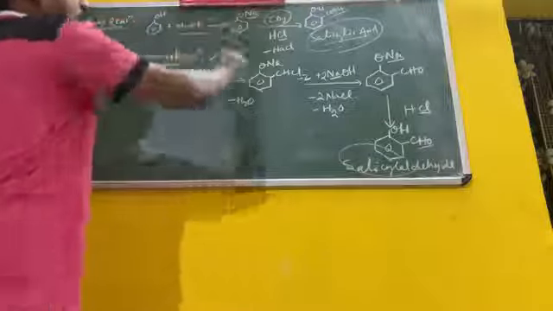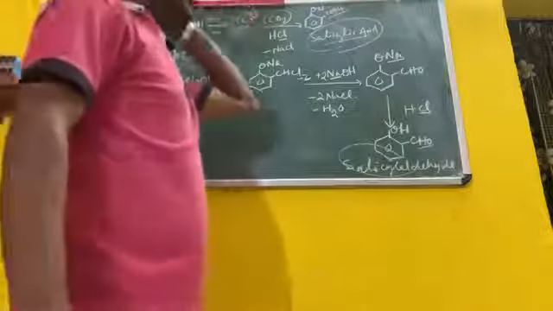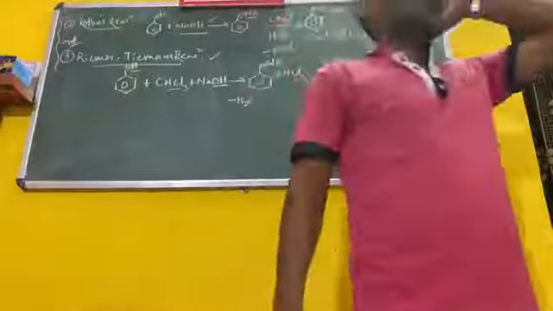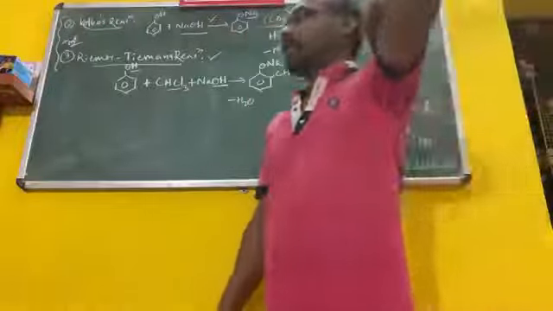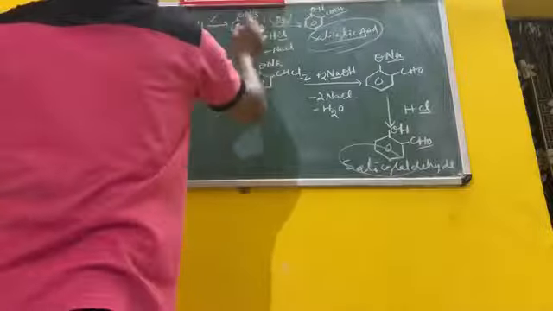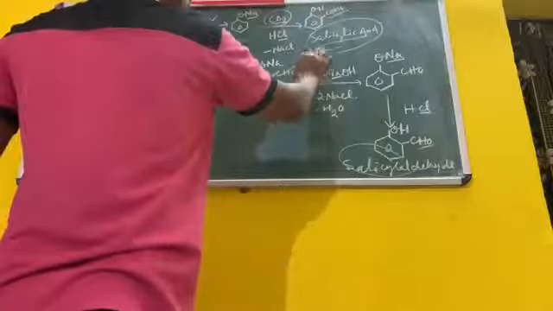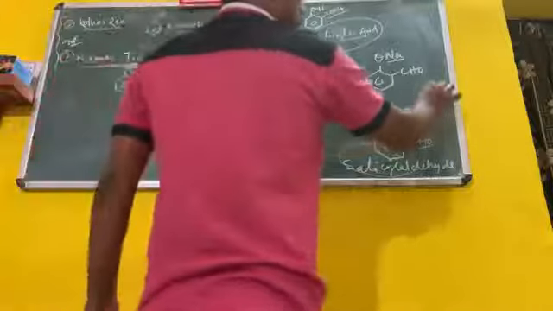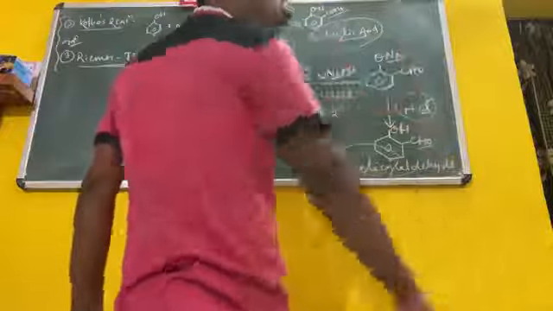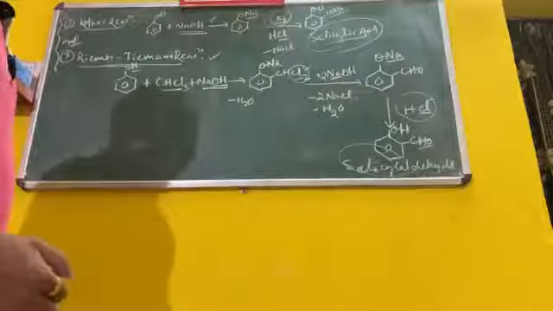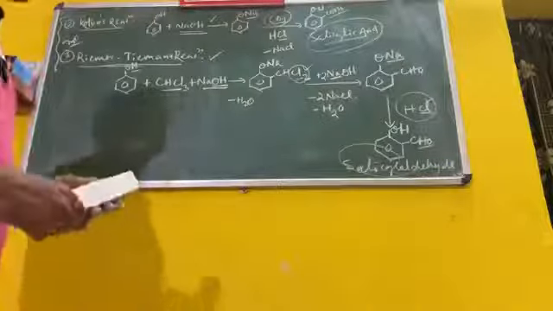This one is your Kolbe's reaction. These are the most important reactions, the named reactions. In the previous exam, 2020, this Reimer-Tiemann reaction came, and Kolbe's reaction. You remember here sodium hydroxide is given, then carbon dioxide. Here just chloroform and sodium hydroxide. Again you put sodium hydroxide to remove the chlorine. Again you put HCl to remove the Na. Okay.